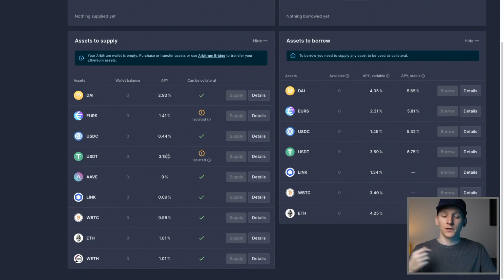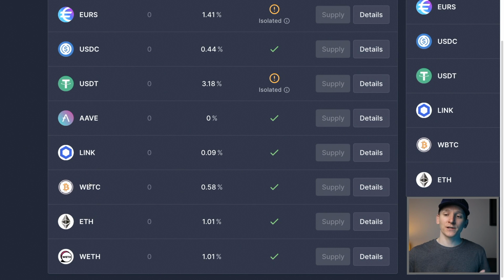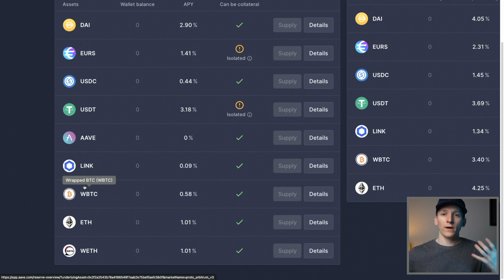Also, when it comes to wrapped Bitcoin, what you're doing here is taking Bitcoin off of the Bitcoin blockchain. You're using a centralized counterparty called BitGo, who actually have and hold that Bitcoin for you. They're creating wrapped Bitcoin on Ethereum, which is one-for-one. And so you have more counterparty risk here.